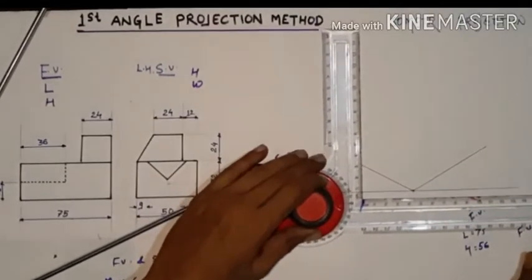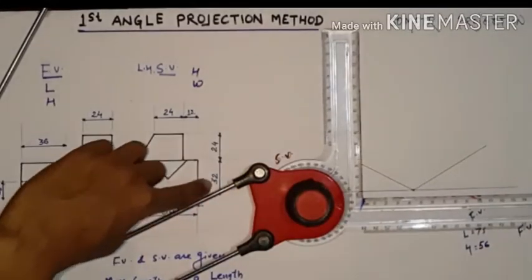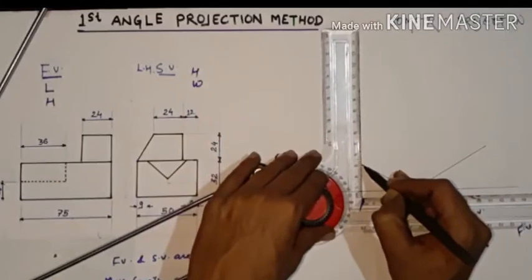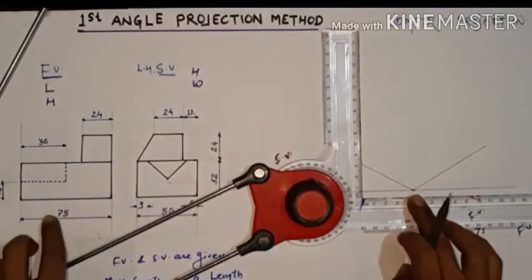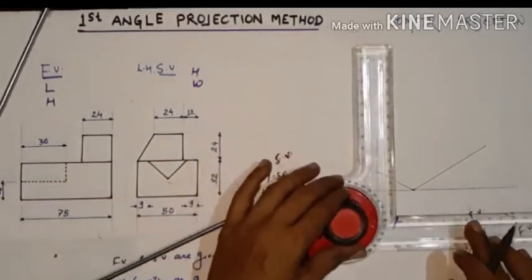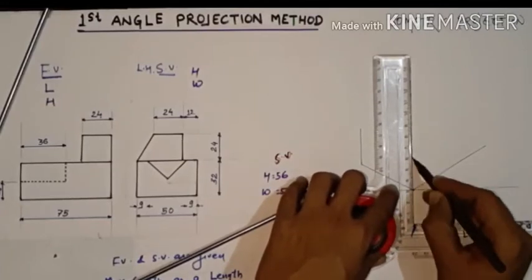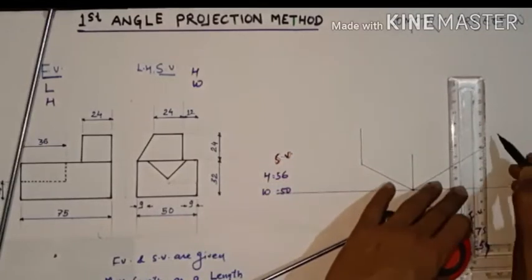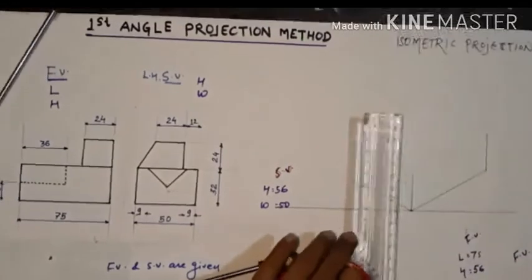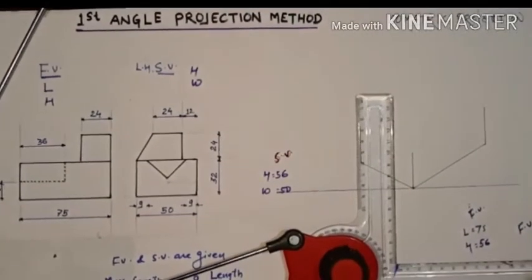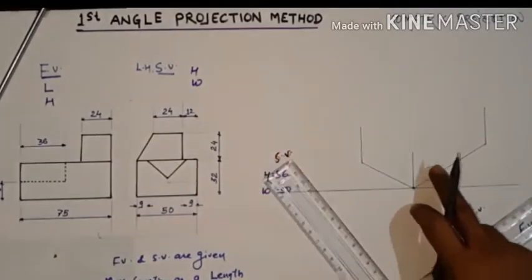Like this. From here we need to draw a 32, because this shows your 32. So 32, starting from 30, so this is 62, is your 32, like this. Now again from this side, because you're in the front view side, again we have a height of 32 mm. So from here we again draw 32 mm. Now from here we again draw 32 mm. Okay, so in the initial stages we get this type of structure.